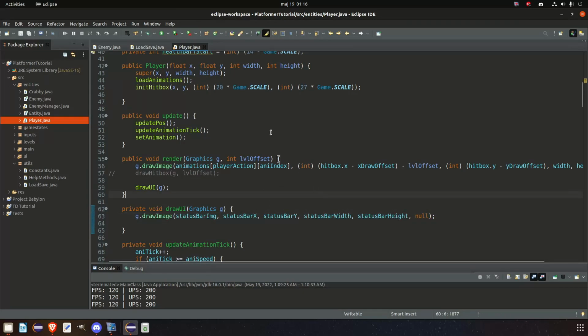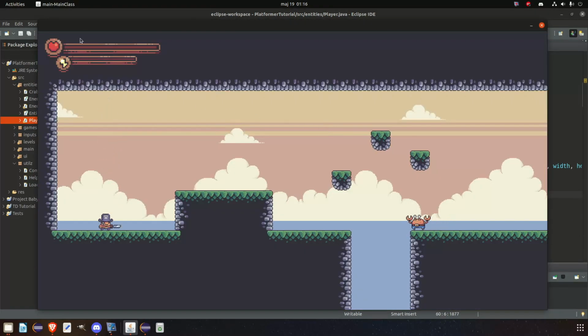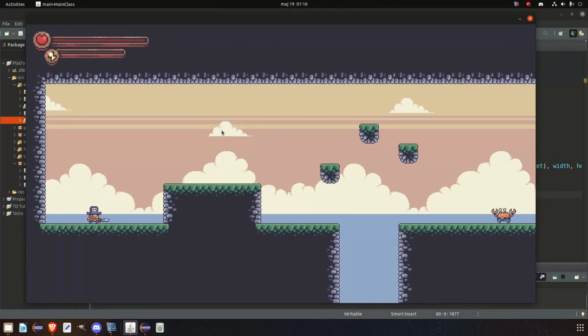And if we give it a try and see how it's going to look. Alright, so we have it in the top left corner. Beautiful. Now let's work on getting the health bar visible and also change in size and how that's going to